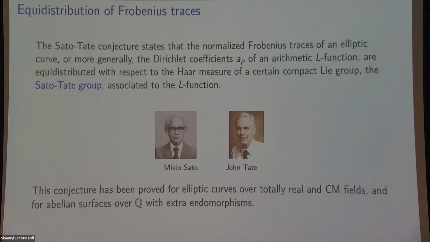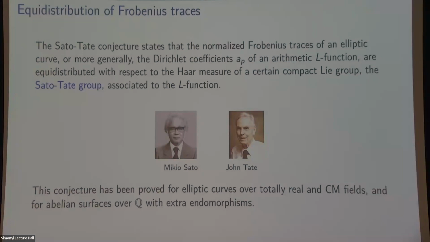The Sato-Tate conjecture, formulated in the early 60s, maybe contemporaneously with or even slightly before the Birch and Swinnerton-Dyer conjecture, is a conjecture about what happens if you take a fixed elliptic curve and count points on its reduction modulo p. You can compute the trace of Frobenius as p plus 1 minus the number of points on your elliptic curve mod p. We know those traces are integers between -2 root p and 2 root p. So if you divide by root p, you get a real number between -2 and 2, and you could ask, how does that real number vary as p varies? The Sato-Tate conjecture makes a very precise prediction for how it varies.